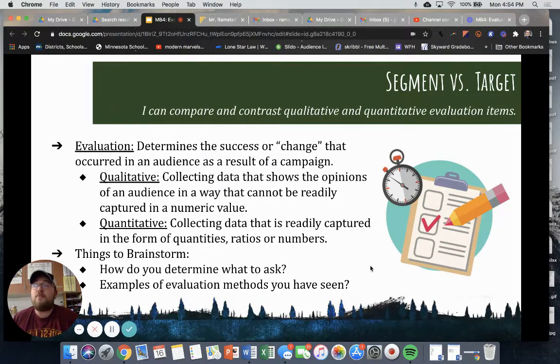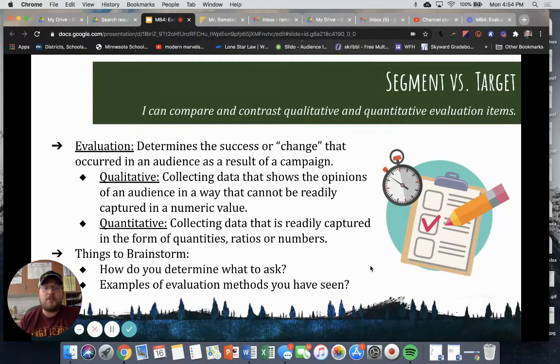Qualitative, on the other hand, would be something like open-ended. Do you like pizza? Why or why not? Like a short answer question. And we could definitely extract some quantitative data by figuring out how many people said yes, I like it, and no, I don't like it. But those opinions, those longer sentence or two-sentence explanations, are not as easily